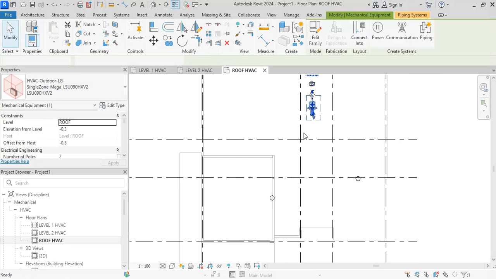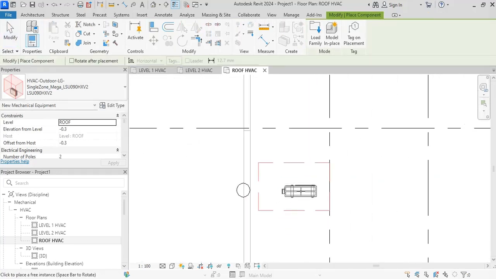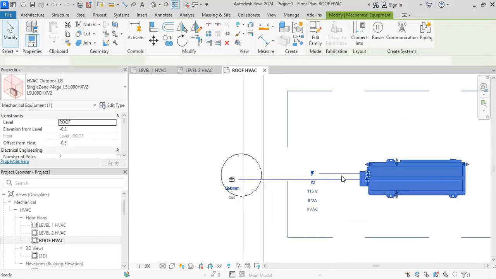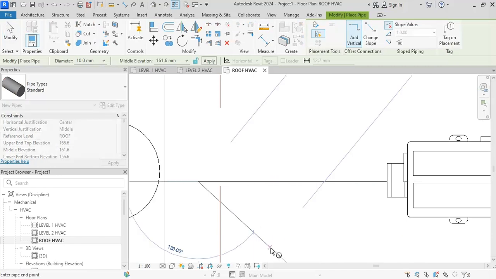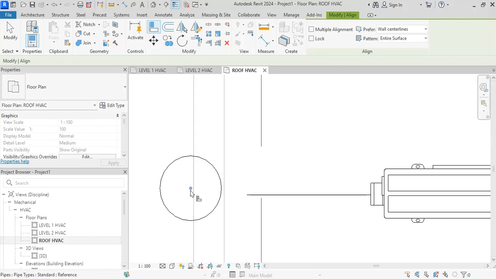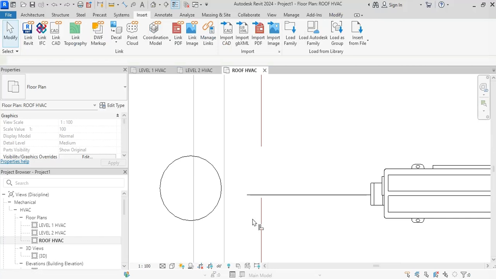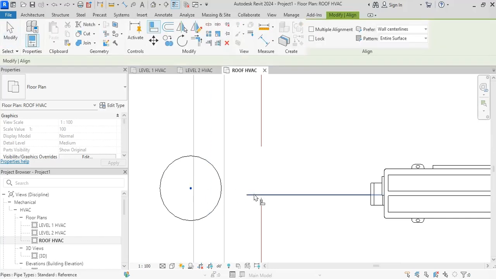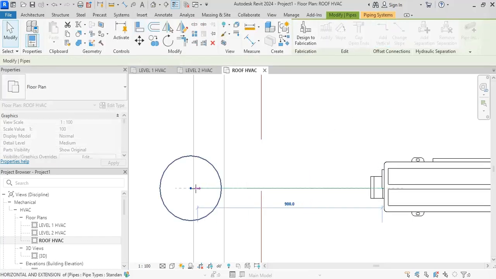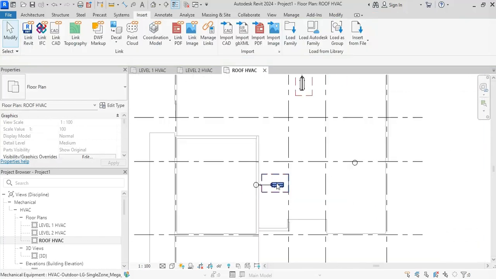CS for create similar, and space to rotate it, and I need to drag a pipe from here, and it needs to be aligned, AL, and then I click and drag it so it gets connected,